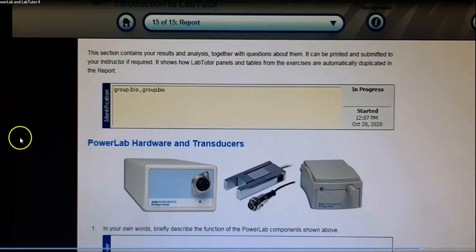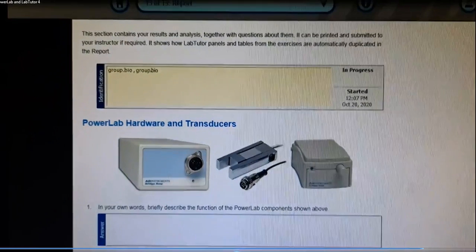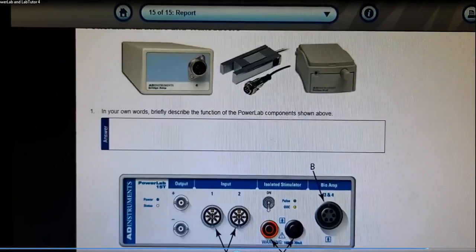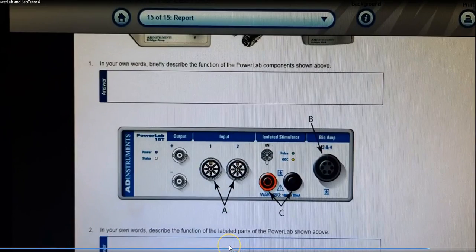So the report generated by LabTutor will show your group, and it will show your username. Here you have your username, but you can always edit that. It will even tell you when you started your exercise and the day that you did your exercise. And then here you have your